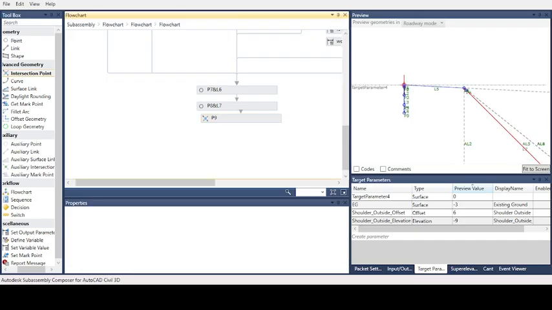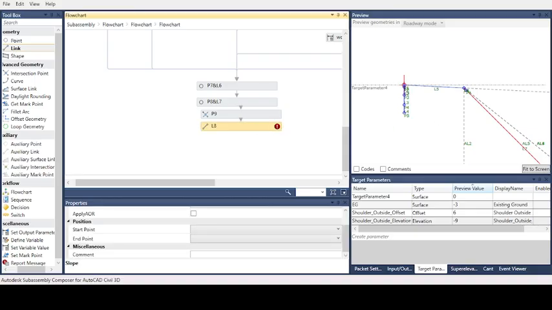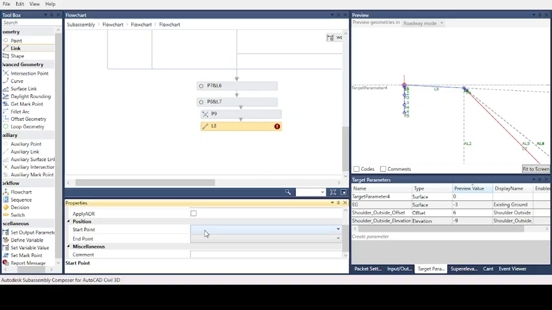If we create a point, now our target is to work on the pavement layer. That means now we will create a link. This link connects point 2 and the new one, point 9. Start point 2, end point 9.